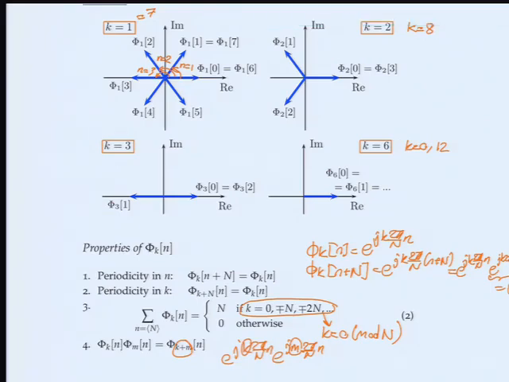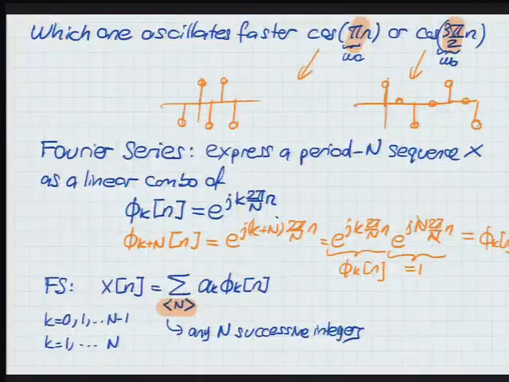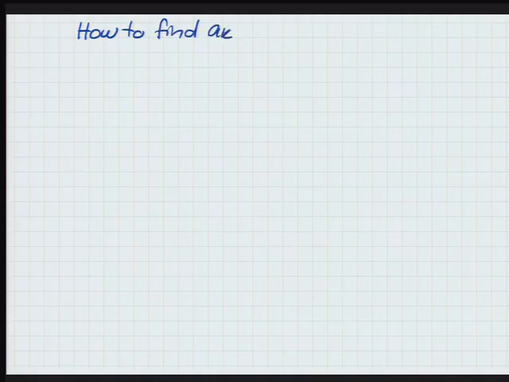All right, let's go back then. So I think we all believe the Fourier series now. It's finite, pretty, and all that. The next question is, like we did in continuous time, how do you find the coefficients? How to find a sub k. This derivation is actually very simple and similar to continuous time.